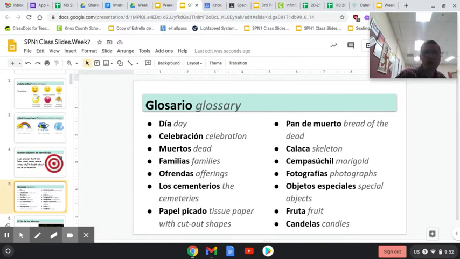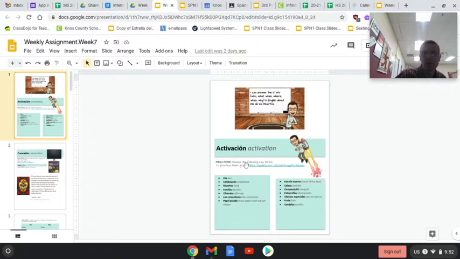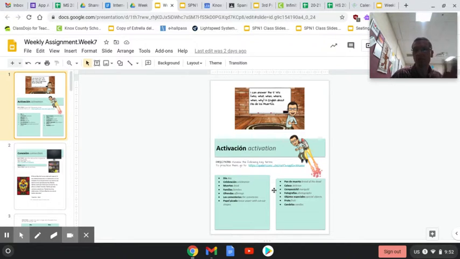All right, so this is the glossary for today. If you look here, you have the list of words. If you click on the Quizlet for this week, since it's the topic of Dia de los Muertos, I put every day's glossary in one Quizlet. So don't freak out that you see there's like 50 words there. It's broken down over 4 days, but I just put them all in one Quizlet because you'll see a lot of the words throughout the days.